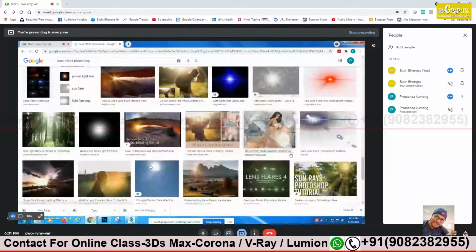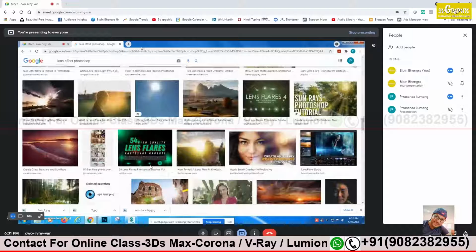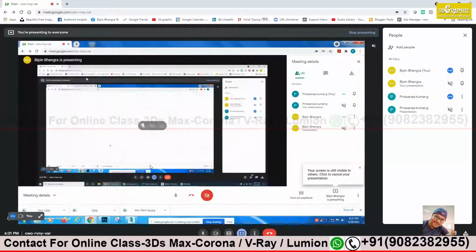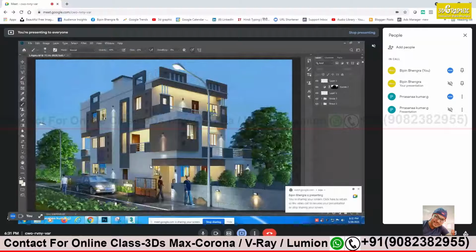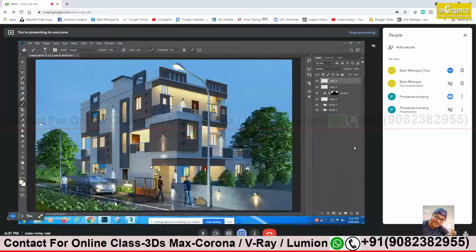Enough, sir? Now I have to create one more layer for that. No, not needed. That is on a separate layer only. You just bring it here, over here. So the effects, this is not needed now. Extra layer is not needed. Only the bloom layer is there.